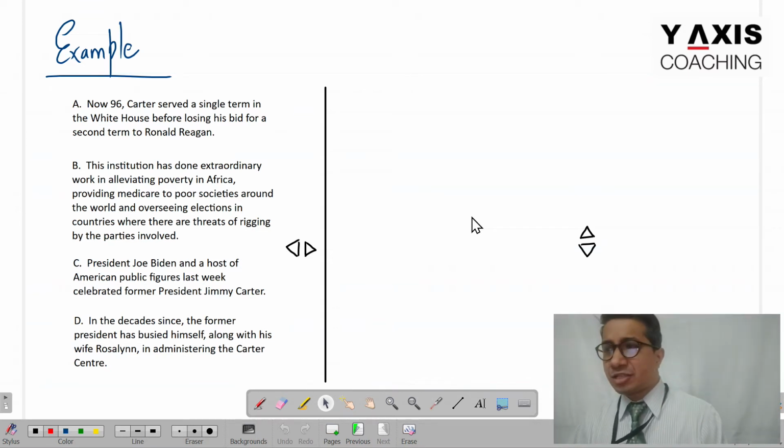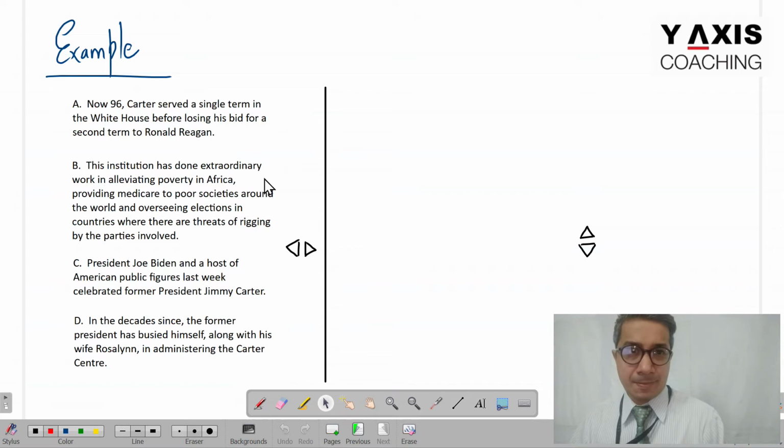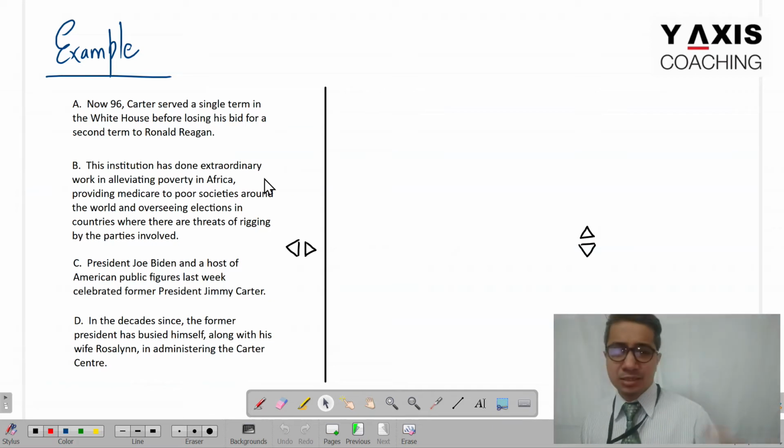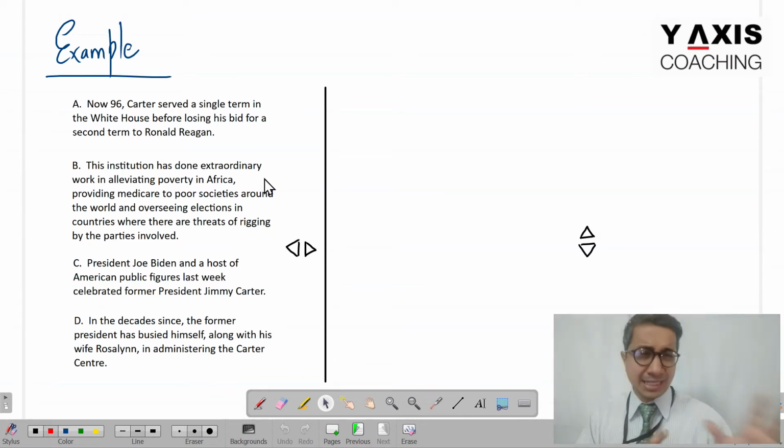Okay, so let's try and deduce. The topic sentence of any good paragraph is always independent. It never relies on any other sentence in the paragraph to make complete sense. It is holistic. It will have a clear subject, a clear action, and a clear predicate, or the object phrase as we call it technically.